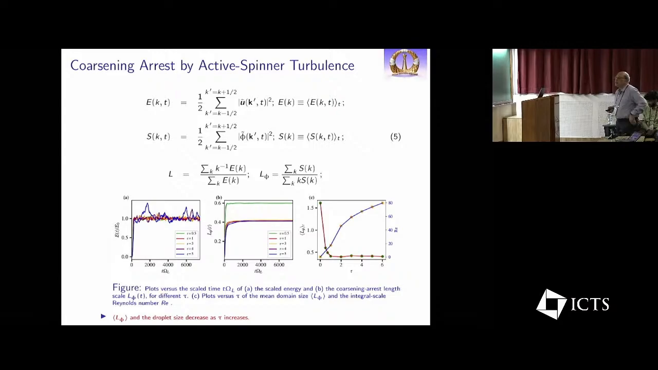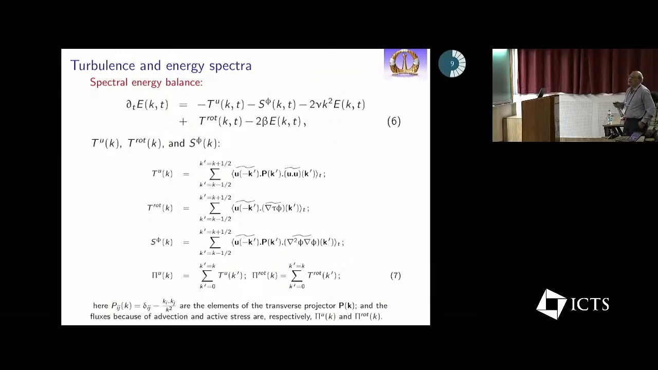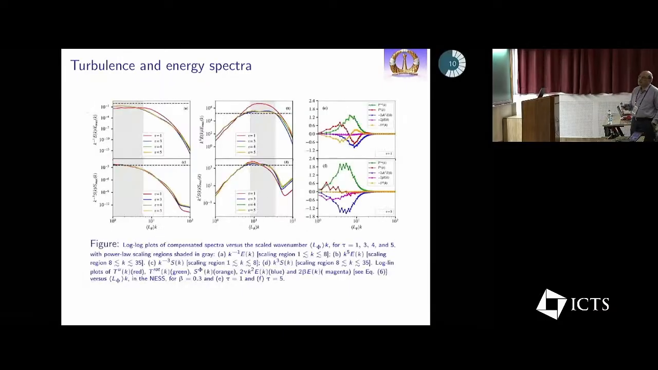The mean scale, the phase separation scale, goes down with activity. That's just what I told you, while the Reynolds number goes up. And there is a statistically steady state. Now, you can do various energy balances. This is how a professional fluid dynamicist does it, but that's not for a 10-minute talk, so I will skip over it. All I want to show you is that if you look at spectra, you don't have to look